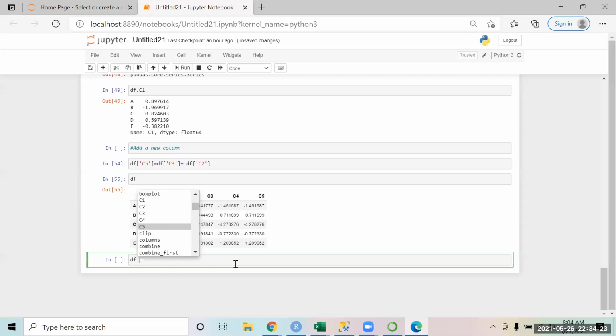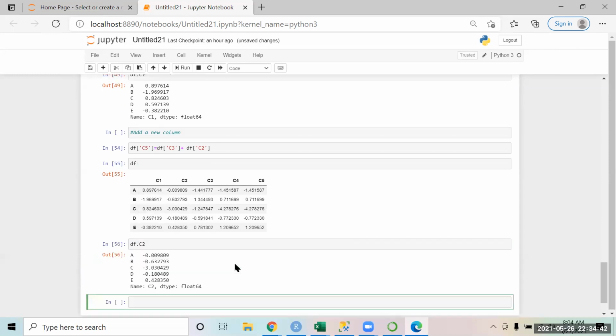If you just want to see column C5, you just hit enter on that. So you have the complete list of functions available on a data frame. Just dot and press tab, and you will be able to see the complete list.